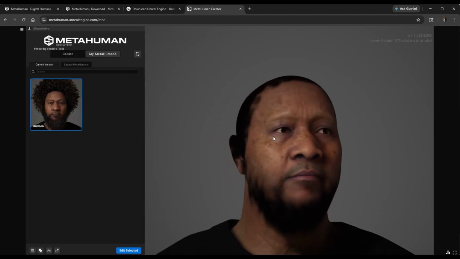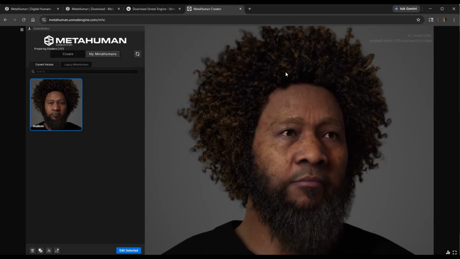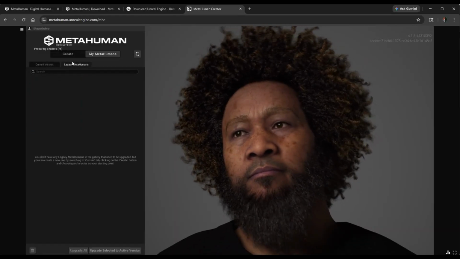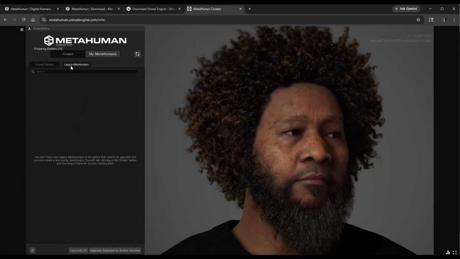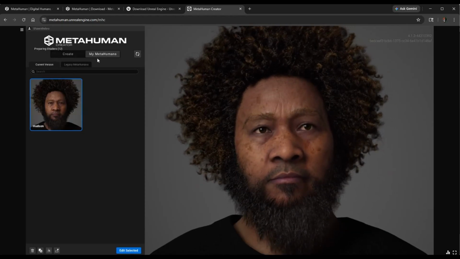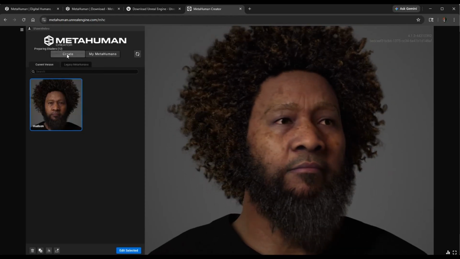And here we are in the MetaHuman Creator. So I have one of my characters that I created here, and you have options for a few things here. You can either go to Legacy MetaHumans and look at MetaHumans from other versions, or MetaHumans only from this version. Now, assuming you've never used it before, you don't want to edit your MetaHumans, you want to create a new